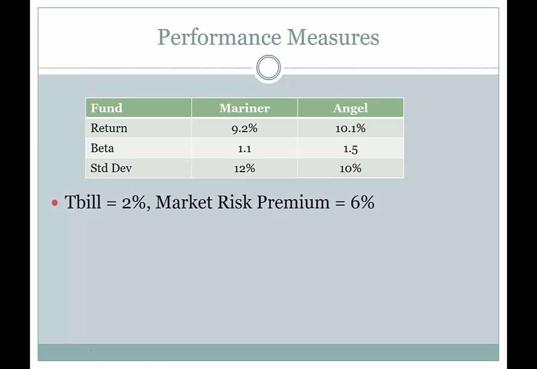And then let me just give you some examples. So here's how we do this. The T-bill, so if the T-bill is 2% and the market risk premium is 6%, I'm going to calculate alpha this way. And I'm just going to do Mariner, you can do Angel. So alpha is 9.2 minus the return that I would expect given the CAPM, which is equal to 2, I'm going to put this in parentheses so I can use a plus,